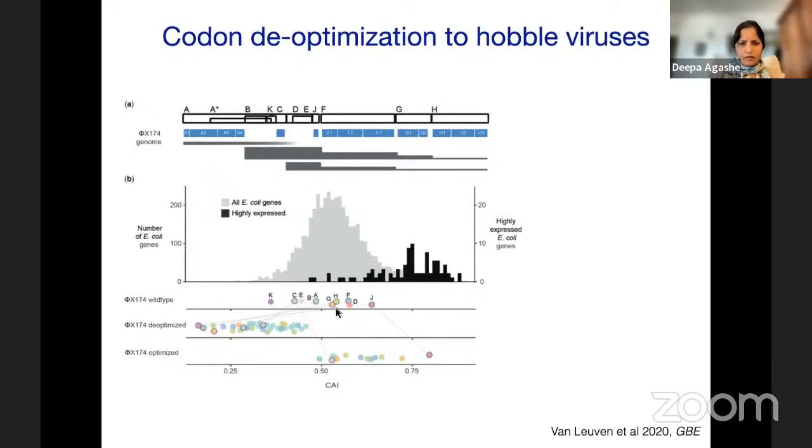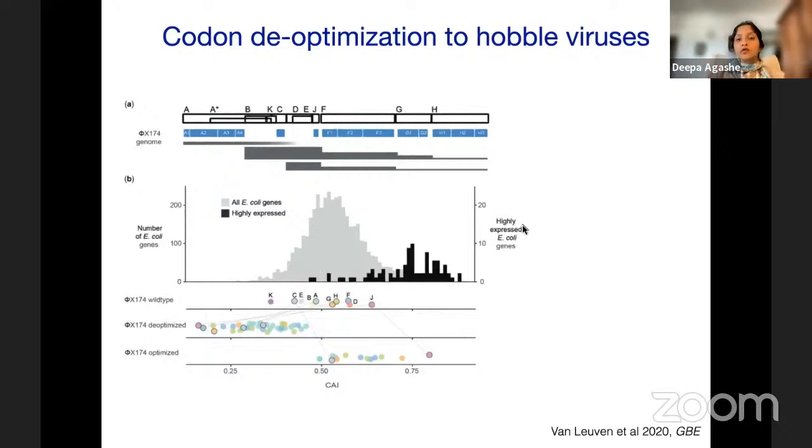I think it's the codon. Yes, sorry. This is the codon adaptation index on the x-axis of this histogram. So in light gray, you're seeing all E. coli genes, and you're seeing that there's some distribution. So some genes have a better adaptation with respect to the tRNA pool that exists in that cell, and some